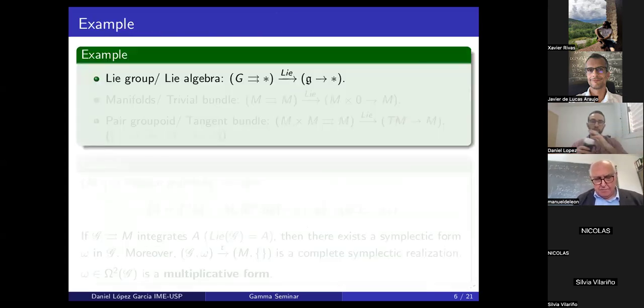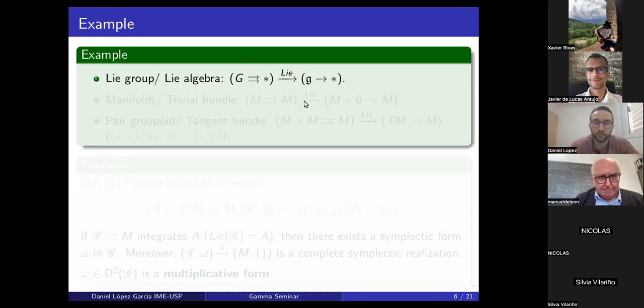So now let me give you some examples. The first one, which is very natural, is a Lie group. Lie groupoids and Lie algebroids are generalizations of this example. It is a generalization in the sense that in a Lie group you have a unit, while in a Lie groupoid you don't have the unit as just one element; you have the unit as a manifold. So you can think of your group as a groupoid over a point. For sure, when you apply the Lie functor, you obtain a Lie algebroid over a point,